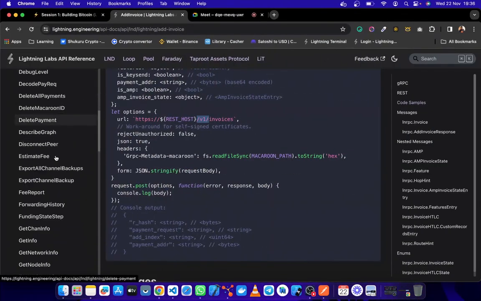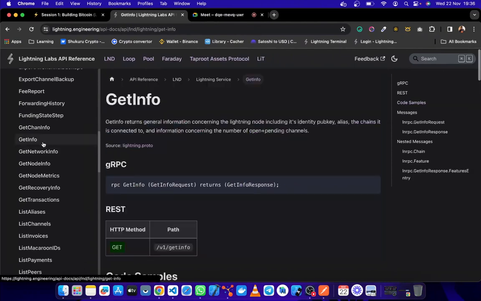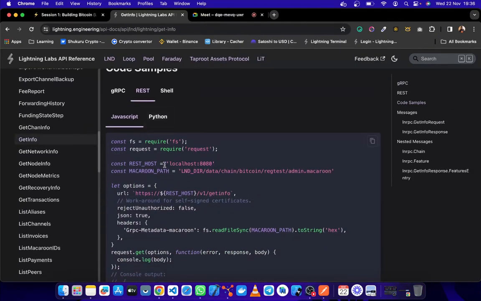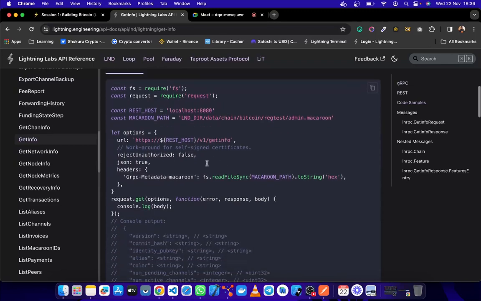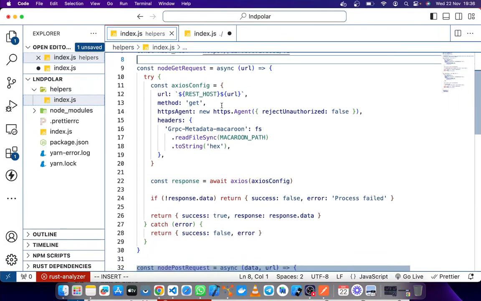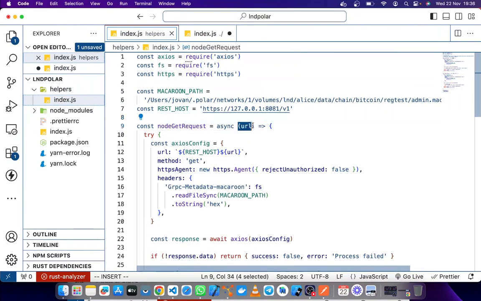So I would recommend you go with the get info endpoint. What this endpoint does is spit out the information about your node. So it's a get only endpoint. So this is what we are going to try to do, and we are going to call it on this get request. The only thing that we need is the URL.